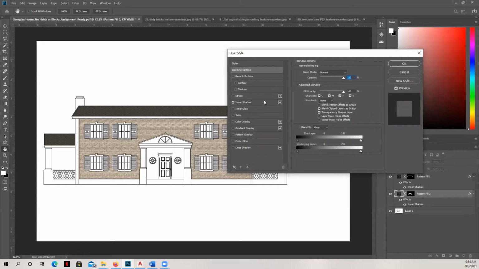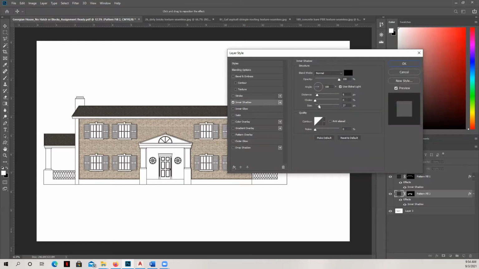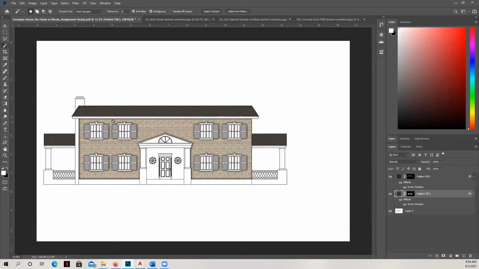I'm going to bring it out just a little bit. I'm going to increase the size just a little bit. Okay, so now you're getting a little bit of depth added to it. And now you'll be able to see, if I go back to this layer and I select this now, the element of depth will kind of reveal itself a little bit more since these are two separate elements.